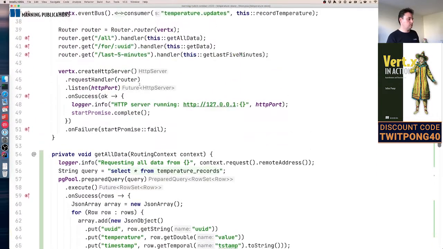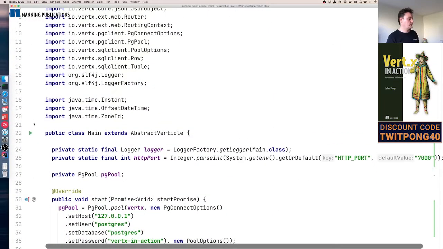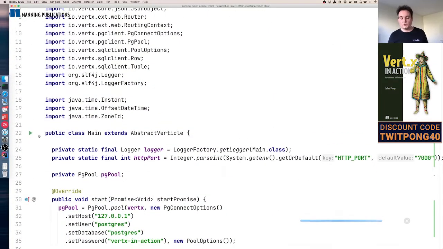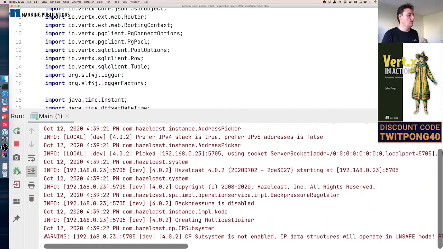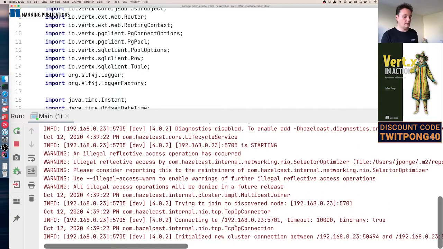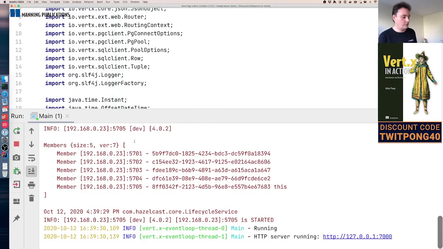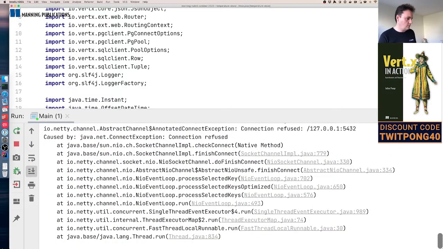So does it work? Let's try. So again, Vert.x code is very simple to run. You can just use a main method and run from your IDE. It's just fine. We're just waiting a few seconds to see in the logs that we've joined the cluster. So yeah, connection refused, of course, because I didn't start the